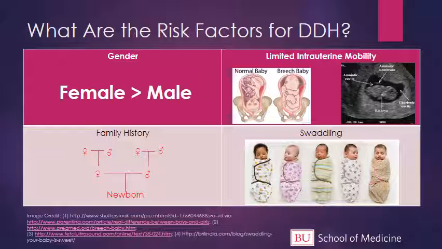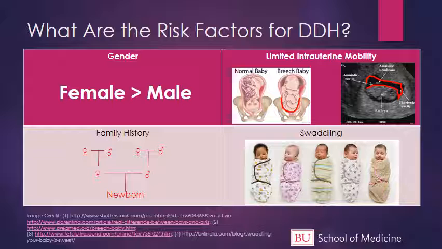What are some risk factors for developmental dysplasia of the hip? There are 4 commonly described risk factors. They include gender, where female newborns are 2 to 3 times more likely to have DDH than males. Limited intrauterine mobility has been found to increase risk for DDH, and this could include things such as breech presentation, shown here, where the baby is bottom first as opposed to head first, or oligohydramnios, where there's limited amniotic fluid